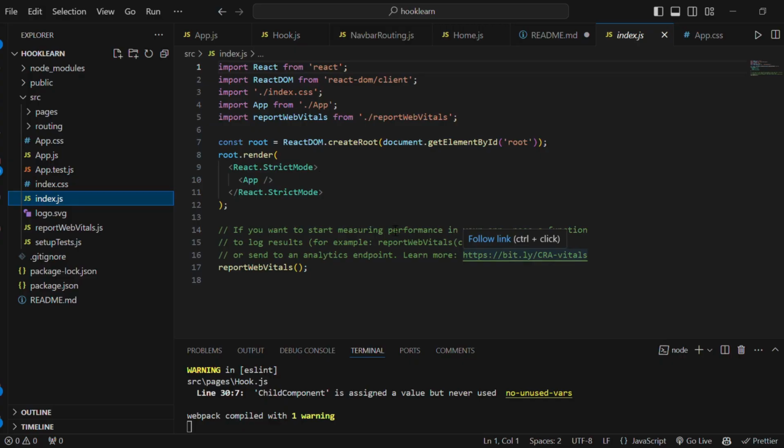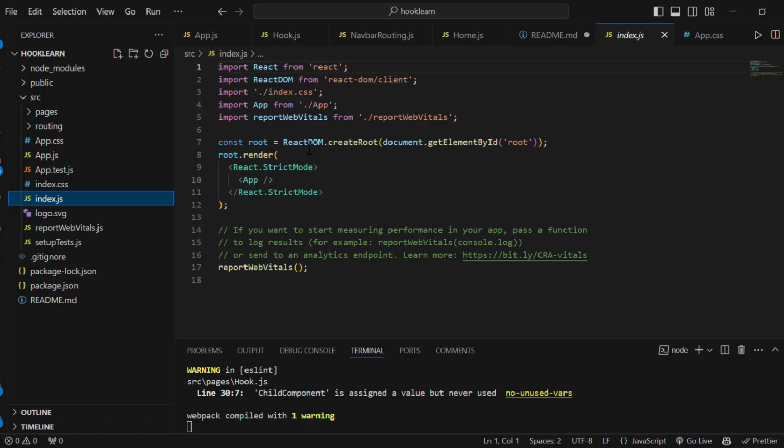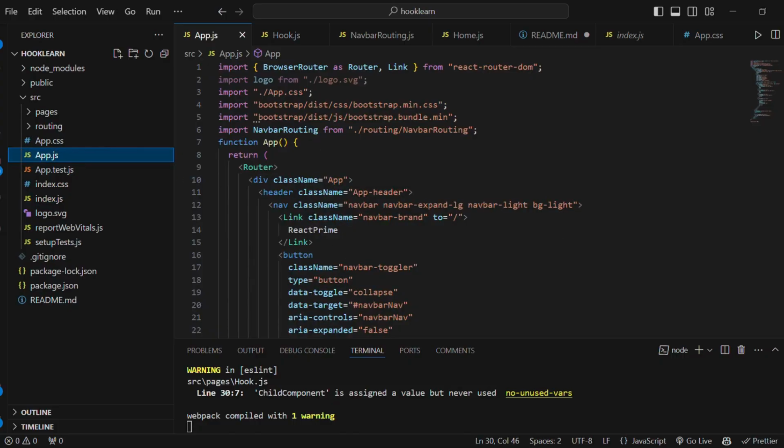You can say that this is the React entry point, in layman's language, because here React DOM creates an element, and that element renders all these JSX files into it. So this is basically a JSX component in which the root renders the App component, and your App component is here,